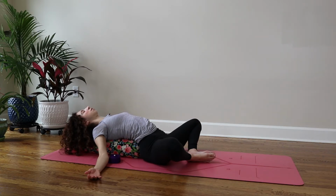And then you have the opportunity to lift and open your chest. I'm also going to show how to do this pose with the strap wrapped around in a way that also eases tension and feels wonderful. Okay, so with our strap,